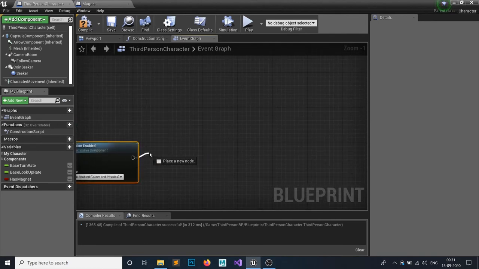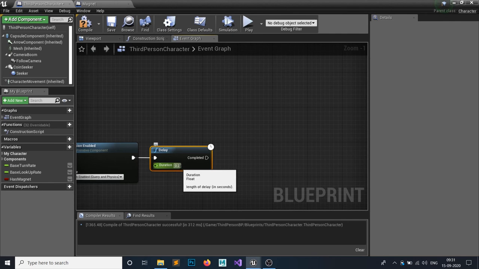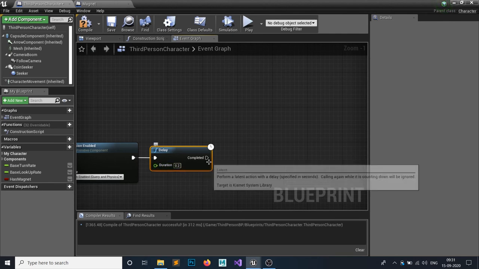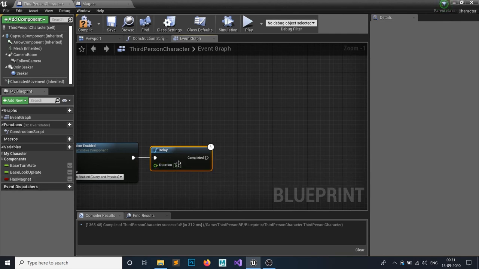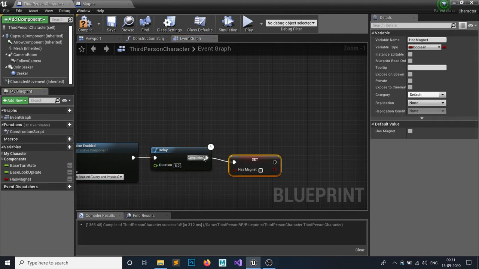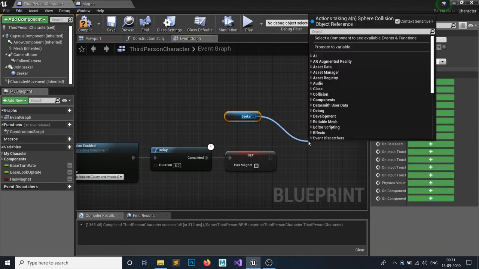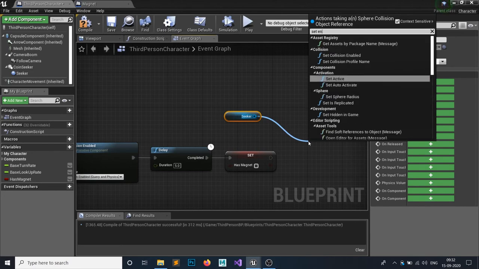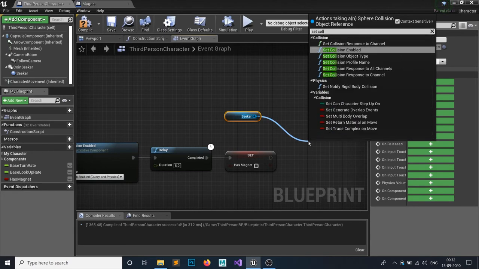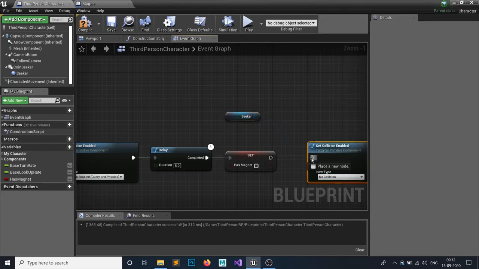After doing that, add some delay. The delay is how long your magnet's gonna affect. After that, let's say 5 seconds, we want to set has magnet to false because the magnet effect is over, and we want to set this seeker's collision to no collision, right?